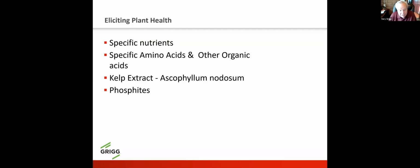And here's my opinion on kelp extract. I think kelp extract is God's gift to golf course superintendents. But the only one that really is healthy that we can see research on is Ascophyllum nodosum. A lot of it is produced in the eastern part of Canada and in the Arcadia area, and some of it comes from the North Seas in Ireland and around other areas. That's the one that's helpful to you, and that's the one that we use in our product. And then you can be